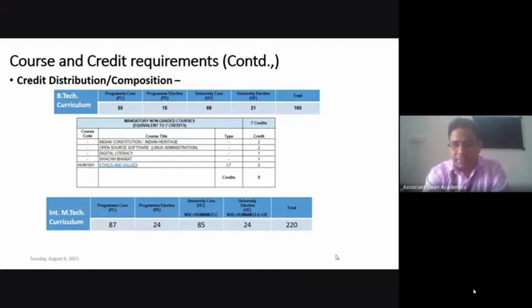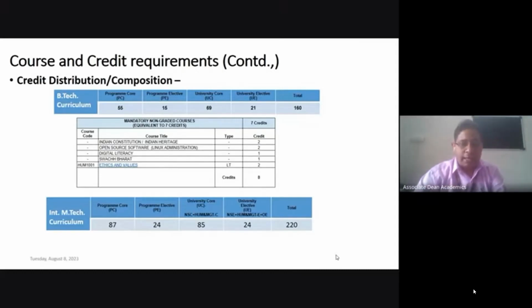You can discuss with your program chair the further division of the 69 credits of university core. There is no further division of program core or program elective. But university core and university elective have further subcategories, and you have to complete the credit requirement for each subcategory as well.